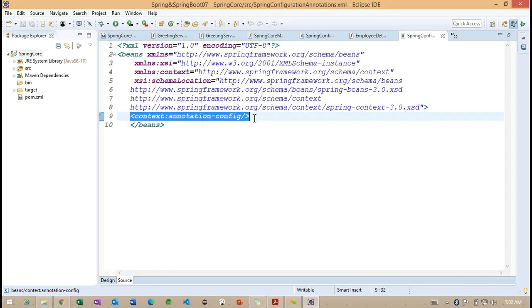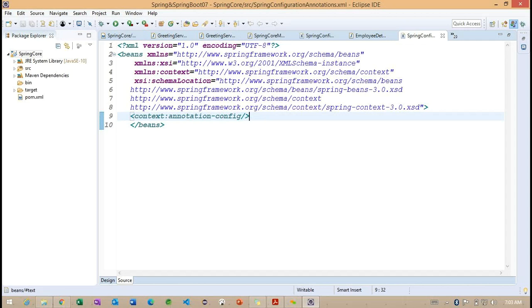Now, whenever we specify this annotation config, the container will understand that whatever application we are running is an annotation based application.